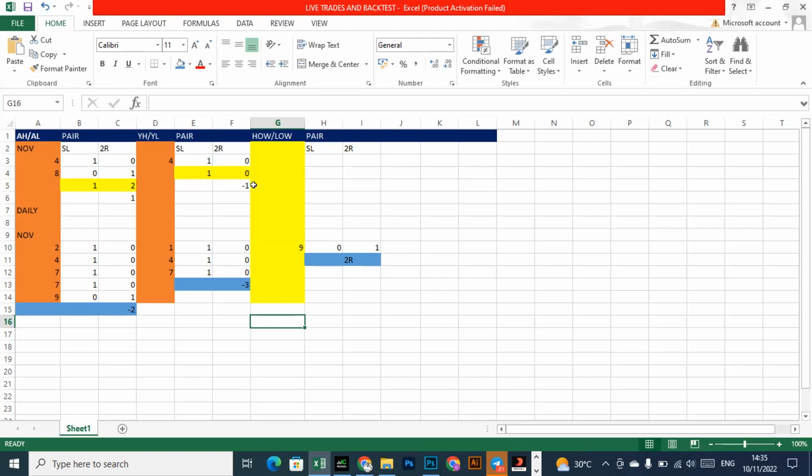Okay, so for trading high and low of the week, we don't have anything, right? So we don't have anything trading using H4 as a bias. Okay, but using daily as a bias, right? So we have this to be -2. Asian high and Asian low, yesterday, we have -2. While the week, we just have 2.